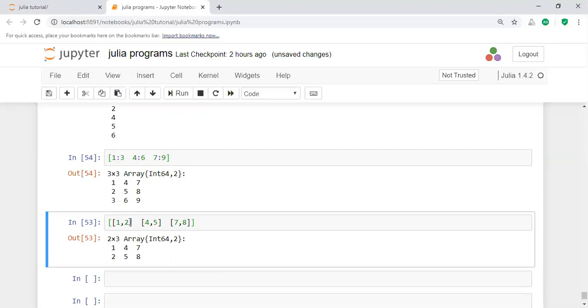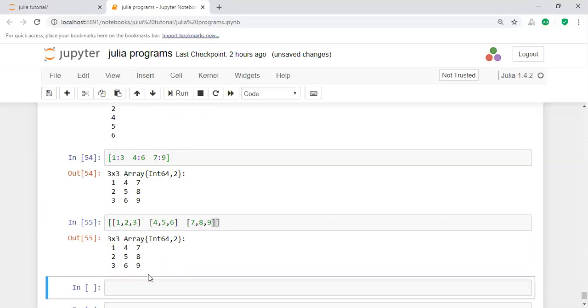The same thing can be implemented using this method: comma 3, and then comma 6, and then comma 9. Instead of 1 2 3, I am writing 1 colon 3, 4 colon 6, 7 colon 9. In this way it will produce the same result. This is called a 3 by 3 matrix. A multi-dimensional matrix is represented in this way.